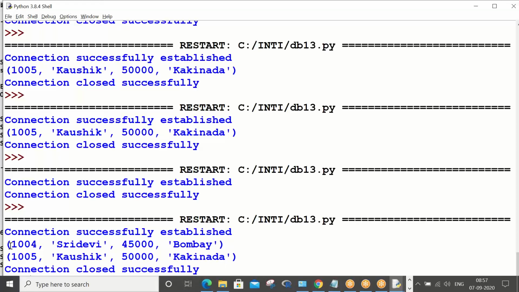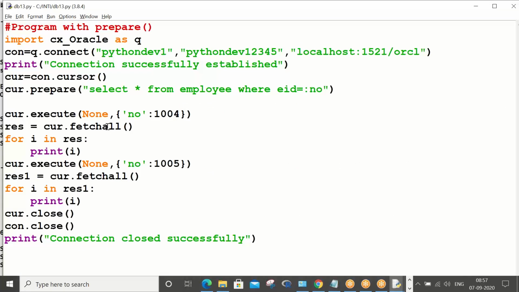So this has executed two times. The query plan has been prepared by the prepare method, right? Here I am not reading the direct value, rather I am reading the variable, which I have to pass through the execute method.